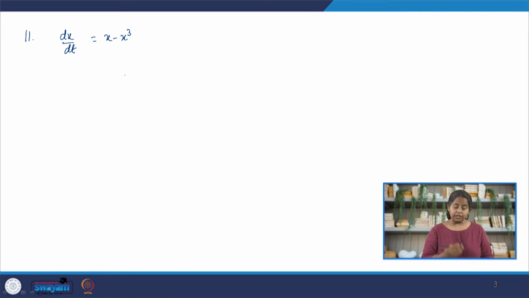However, using the potential approach, all you need to do is find a function that agrees with this. So if the system you have is very easy to integrate, this approach might be quicker than the purely geometrical approach. So now we have to find v, where minus dv by dx is equal to x minus x cube, and integration is a way to go here. So you get dv by dx is equal to x cube minus x, integrate on both sides,